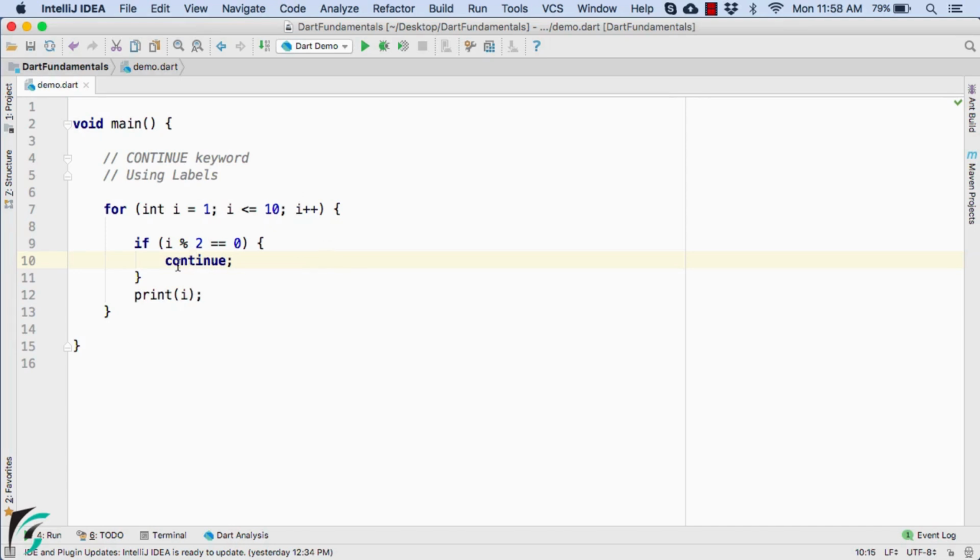Let us now take a step ahead and let me show you one more example of the nested for loop. So right now, let us clean up all the code and let me declare one more nested for loop with int j equal to 1, j is smaller than or equal to 10, j plus plus. For the sake of simplicity, let us change the counter variable from 10 to 3. And now let us print out, using interpolation, the value of i and j. Launch the application